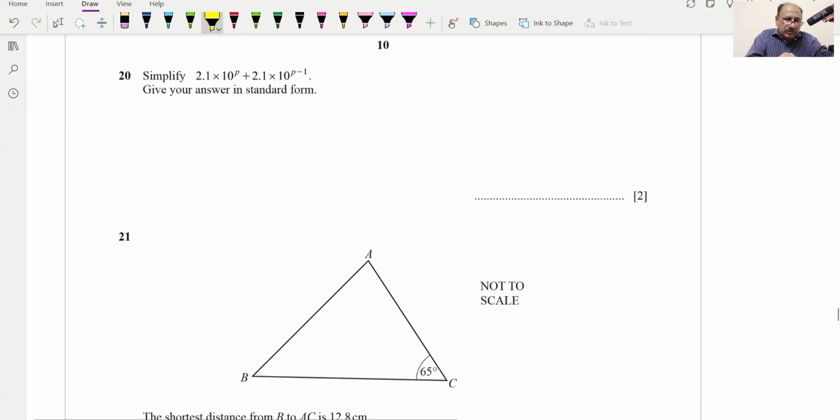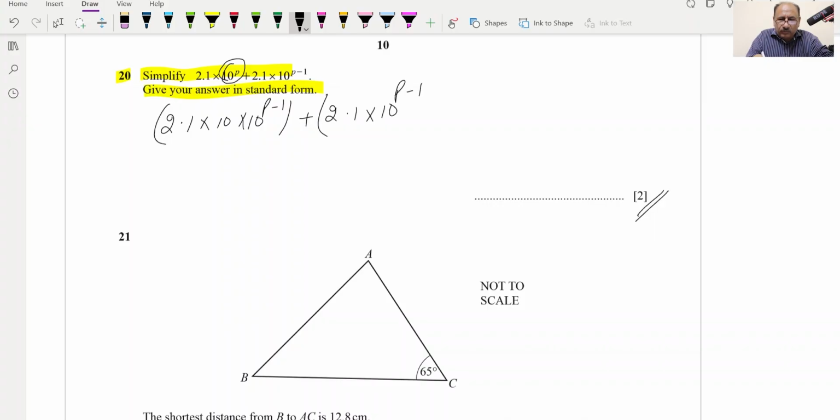Now question number 20, simplify this one, give your answer in standard form. This is a 2 mark question, so 1 or 2 steps are required for this. So what we can do, we can write it as 2.1 into 10 into 10 raised to the power p minus 1. So we have divided this into these 2 portions. Hopefully you got it. And this one we can put in brackets, and plus 2.1 into 10 raised to the power p